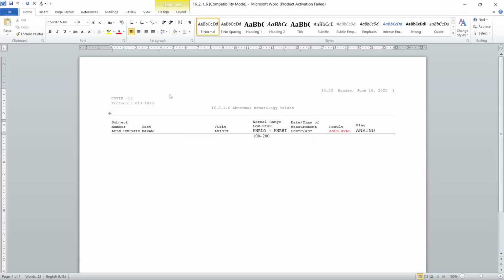So we are going to report the hematology, which has the abnormal values for the subjects who have hematology, the blood results. So it relates to the blood-related tests. It's asking for parameter-wise and analysis-visit-wise values, checking the range, upper limit and lower limit, then the date and time of the measurement, what the value of that result is, and what the flag, the analysis range indicator, is